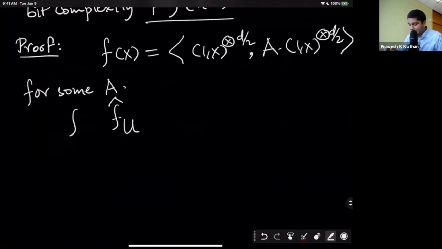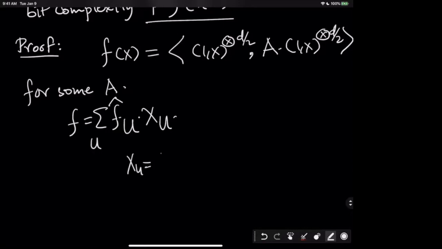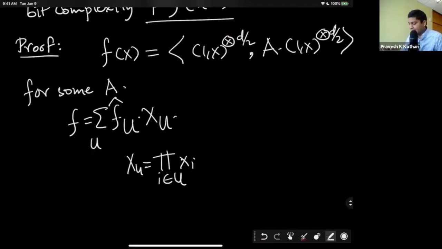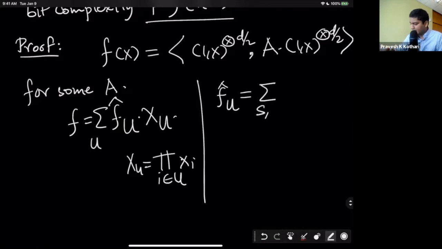Remember, F looks like the sum over U of F hat U times X_U, where X_U is just the product of singletons in U. And these are all multilinear monomials, remember, because we are looking at only multilinear polynomials when we're looking at the hypercube. So what I want to understand is, what does F hat U look like in terms of this representation on the right? It's actually not that hard to convince yourself that it equals